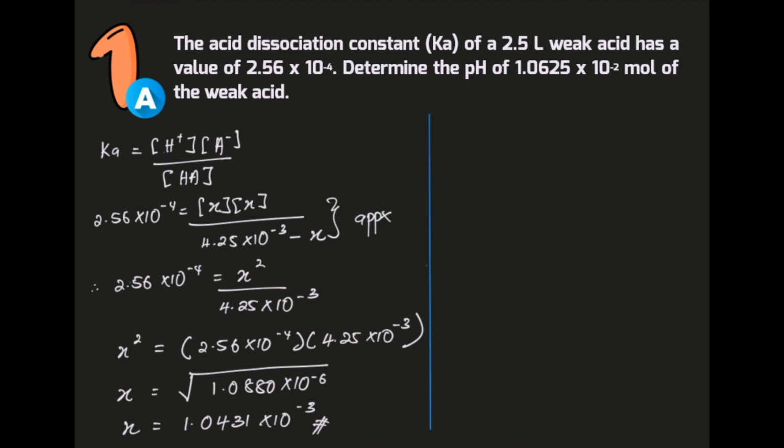So since we are doing the approximation, we need to evaluate whether the value of x that we get is correct or not. So we need to do the test check. So the test is equivalent to the value of x that we have, which is 1.0431 times 10 to the power of negative 3 divided by the initial concentration. The initial concentration we get is 4.25 times 10 to the power of negative 3, which is the number of mole divided by the volume. So from here, when you press your calculator, you should be able to get